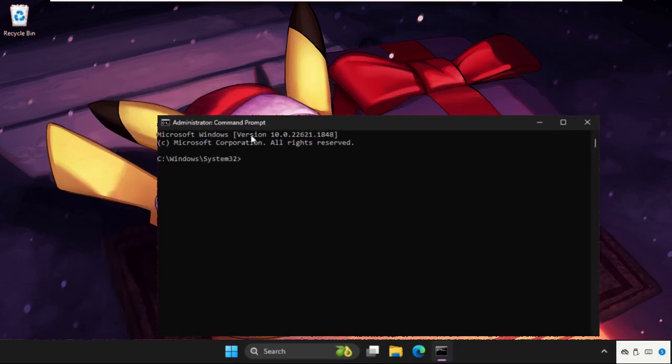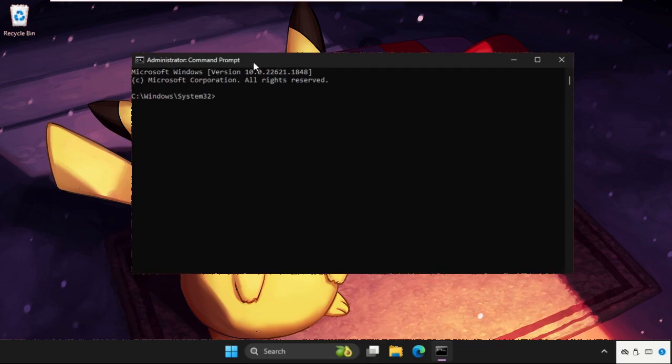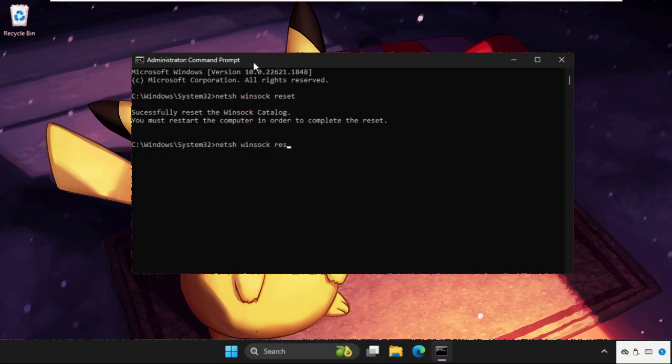On this window we need to execute some commands, so type all these commands carefully and simply hit enter to execute them. Type in netsh winsock reset and hit enter. After that type in netsh winsock reset catalog